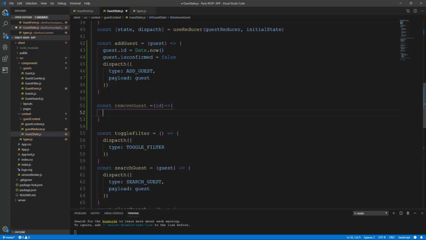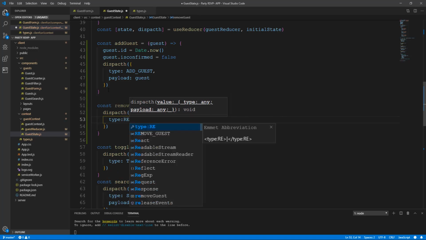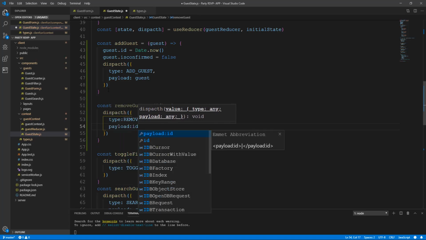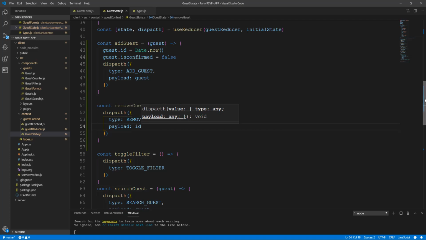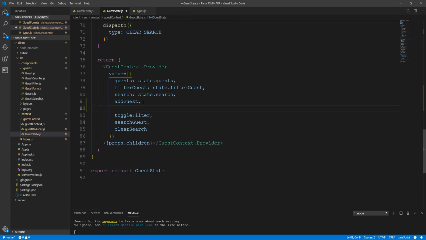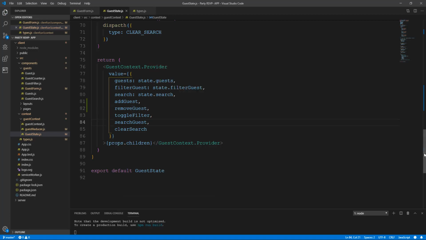Right, here we're going to do our dispatch again, and this time we're going to give it a type of remove guest. Alright, and the payload is going to be ID, which we are going to pass. And as always, we're going to put our action here, which is remove guest, and do the comma, and next